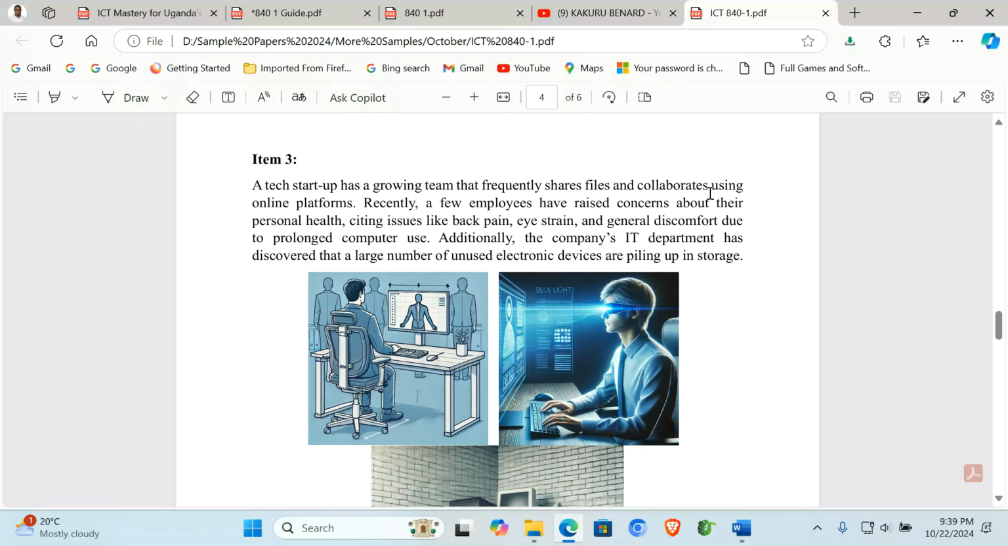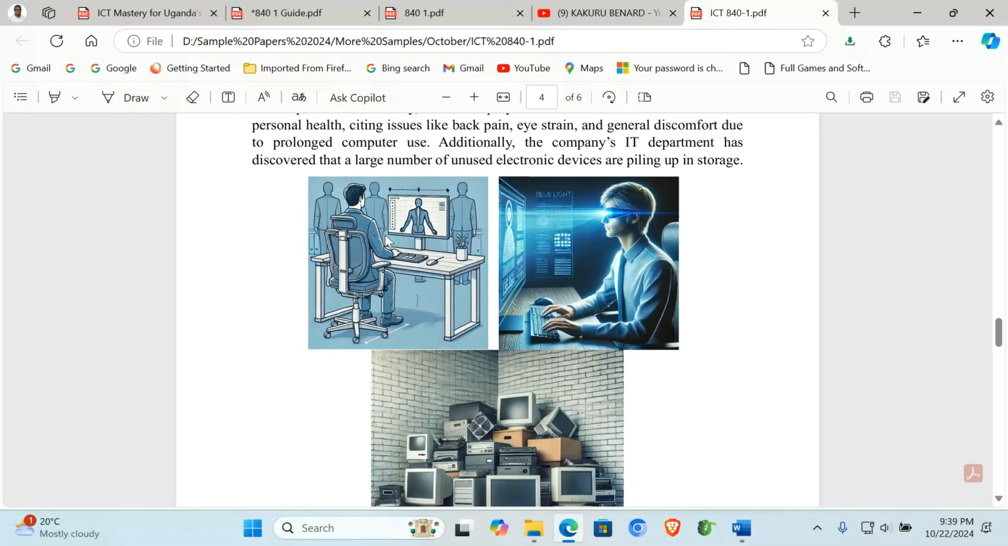Recently, a few employees have raised concerns about their personal health, citing issues like back pain, eye strain, and general discomfort due to prolonged computer use. Additionally, the company's IT department has discovered that a large number of unused electronic devices are piling up in storage. So we are looking at someone seated